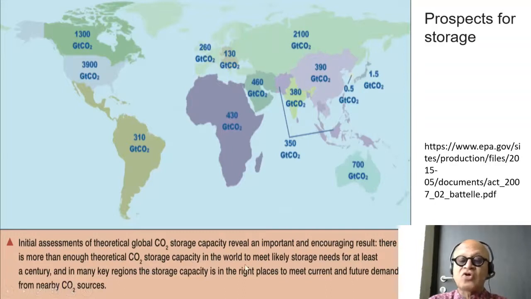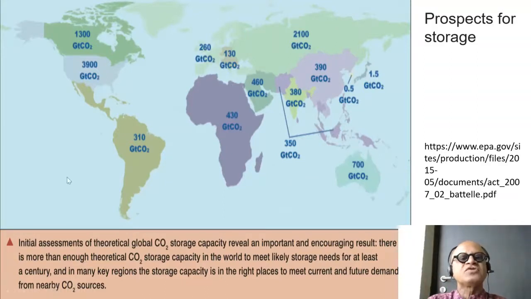Whether they are viable or not, they are theoretically sites for storing the captured CO2. So this is large enough to meet the likely storage needs for at least a century, and in many key regions the storage capacity is in the right places to meet current and future demands in terms of transportation, emission